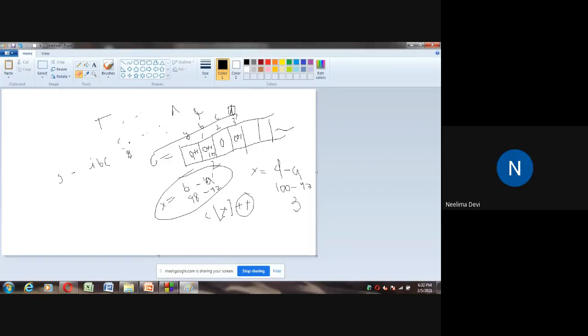Sama. Is this problem only for lowercase letters or for both lowercase and uppercase? No, Amma. This is for lowercase letters only. If you read the problem, it is clearly mentioned that they are considering only lowercase letters A to Z. Good question. Suppose that is changed to any other one or a mixture of both uppercase and lowercase, then of course the thinking strategy will be different. Okay. Right, Amma. Fine.